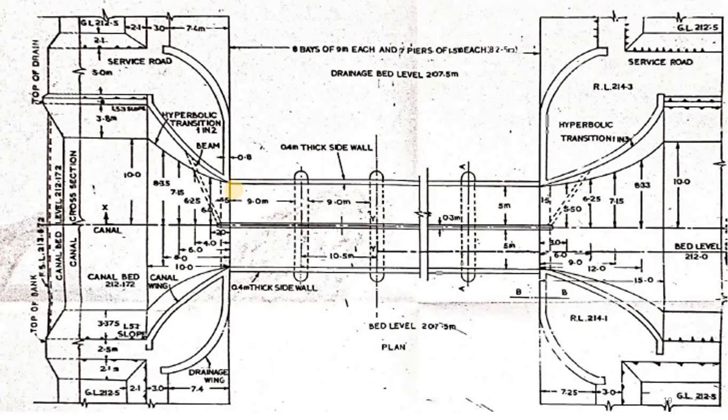From section 1 to 2, the bed width is varying. As you can see, this line represents the outline of the bed width, because this is the top of the structure, this double line. Now below this section 1, as you can see, from the top, since the cross section is trapezoidal, this face will be inclined. So that is why this inclination is provided. So the bed width will be at some distance.